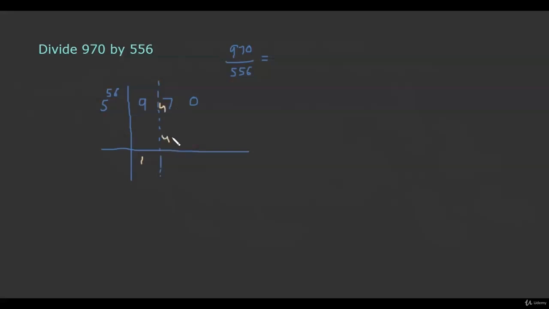The next dividend number is 47. Now from this dividend number, we have to subtract the product of the first flag digit number and the first quotient number. So 5 multiplied by 1 gives us 5 and this is equal to 42. Now 5 can divide 42 8 times and 2 is the remainder.